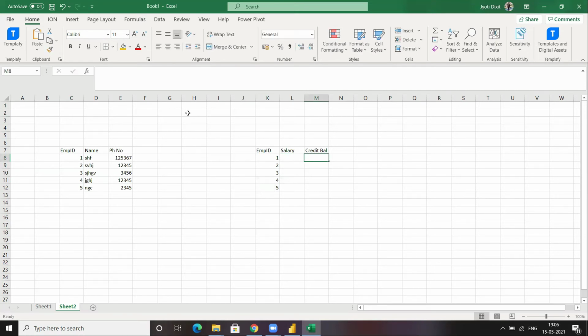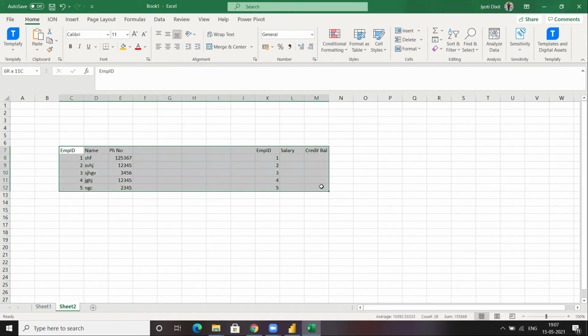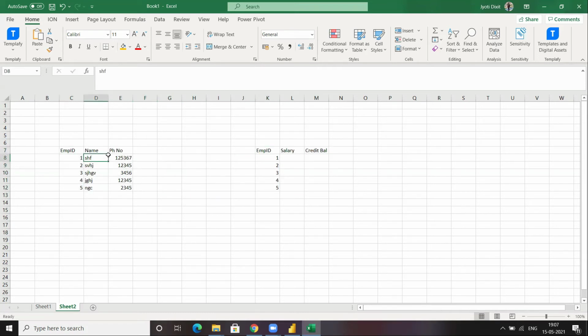Just leave it. So now if I want to produce a report, then obviously I want to actually use both of these two tables. So maybe I want to create a join between these two, maybe an inner join, and bring all the columns of this table to this table, so that I can produce a report.